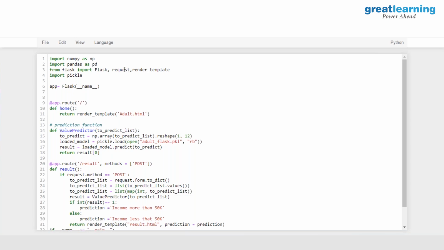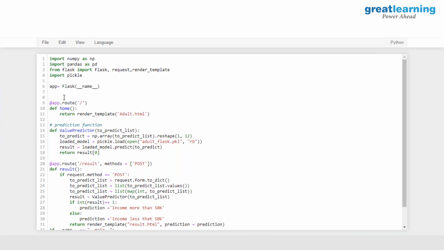These two are used by the HTML pages, right? I'm sure you would have seen I'm using the word rendering. Rendering actually means processing the HTML page which you have. The first line which you write here is an app, right? So app is equal to Flask. Here you are initializing Flask.